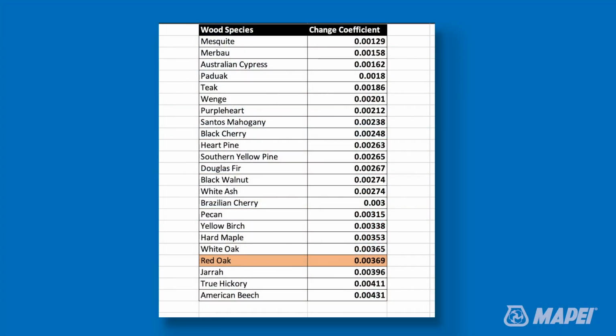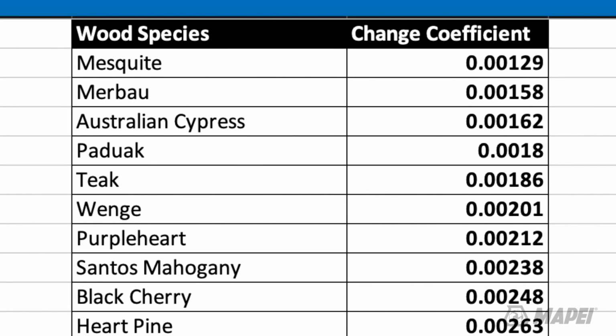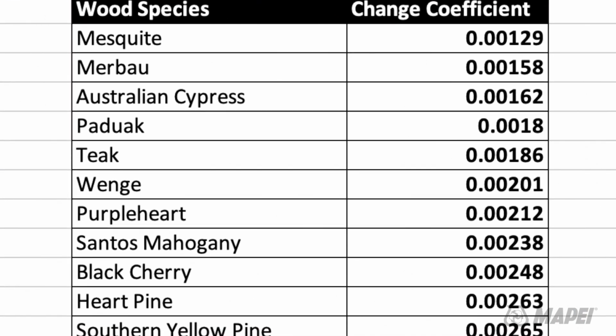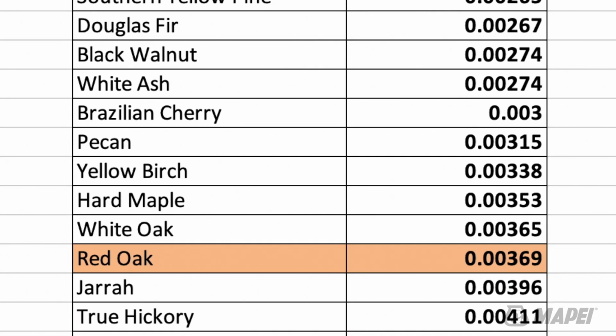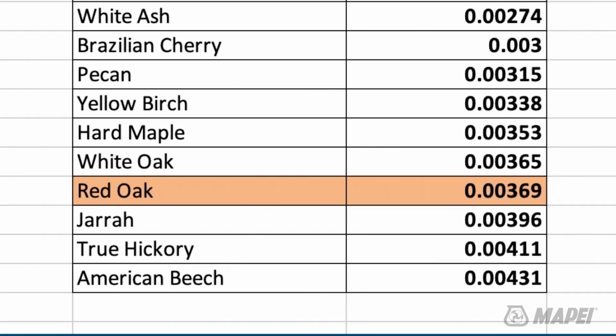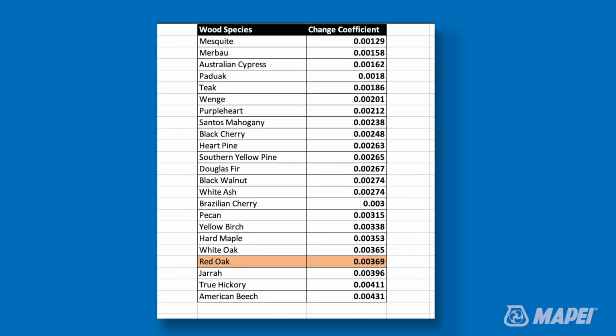What we need to think about at the onset with these wide planks is to consider all the dimensional stability issues, or dimensional change issues, that wood experiences over changes in humidity. The chart you're going to see on the screen right now shows the change coefficient of a variety of different wood species. Every wood species has its own change coefficient with changes in humidity, and each one is going to give you a little bit of difference when the humidity changes.